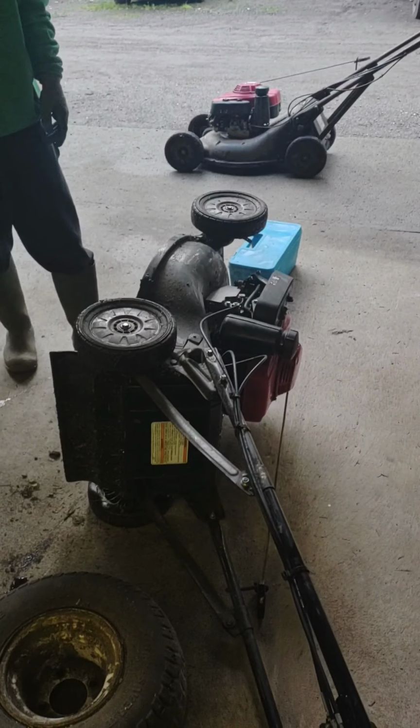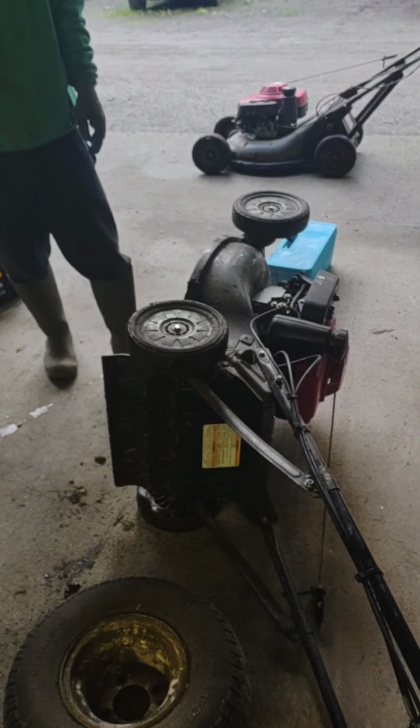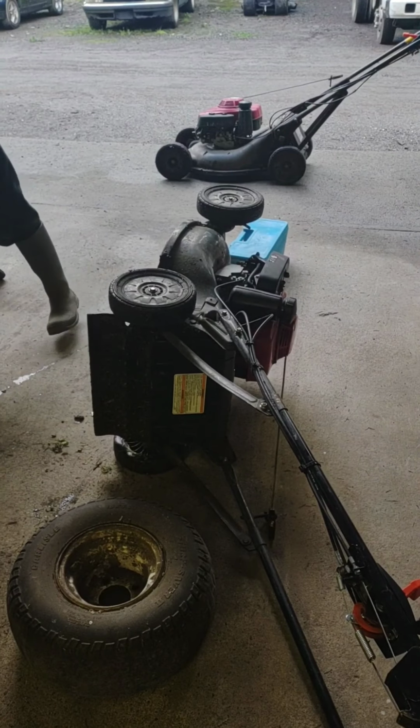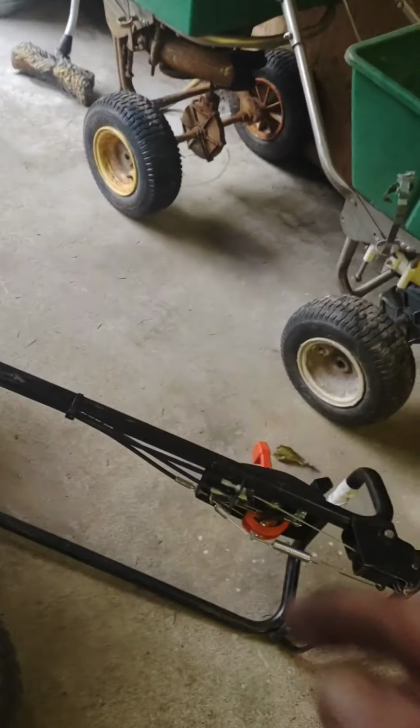The reason you want the air filter side up is because when the carburetor drips out, it has vents inside there, and it will drip the gas right into the air filter, and these air filters are fairly expensive. So, now what Josh is going to do is place the drain